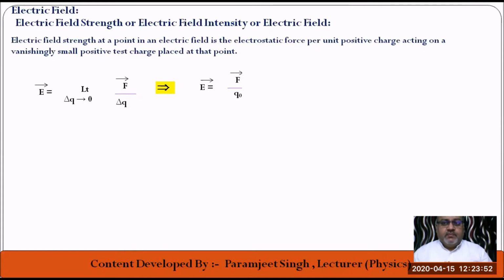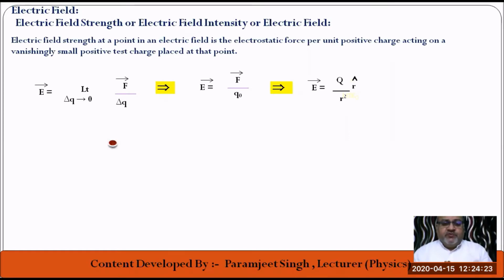Further, we know electric field is F over q naught. We have defined in this statement electric field is F over q naught. It means electric field will be Q by r square, r cap, that is the unit vector along the direction of the electric field. This we have discussed earlier also up to this point.